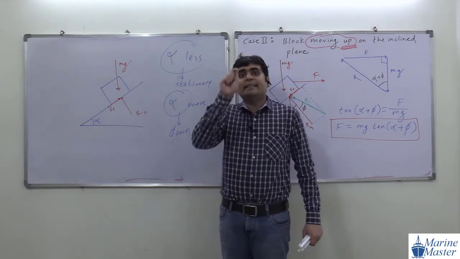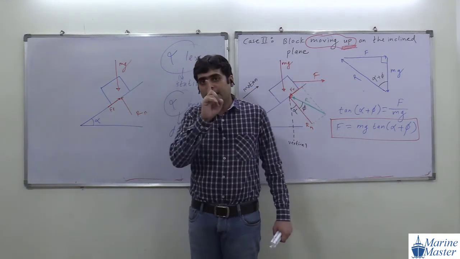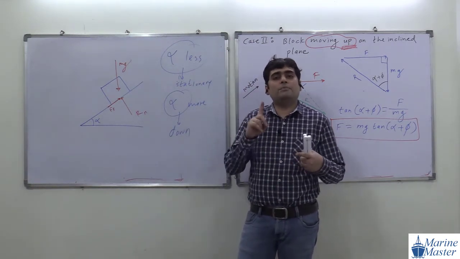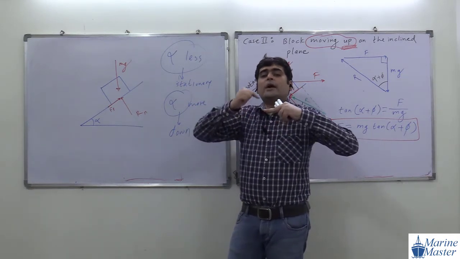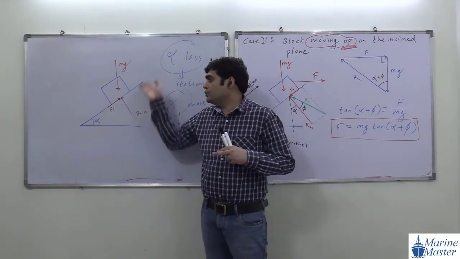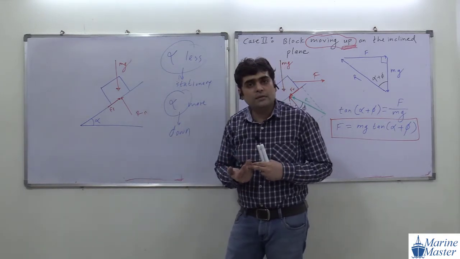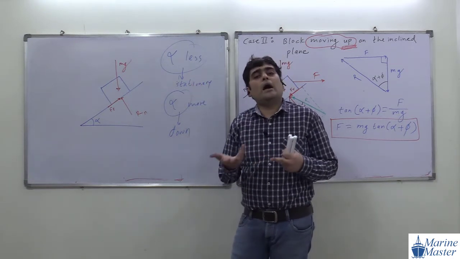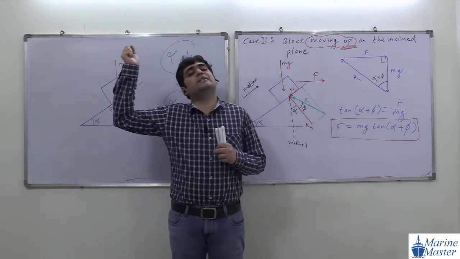Then that critical point or critical angle is what, guys? The angle of friction. Try to see the point here. What is the meaning of angle of friction? It is such an angle that if our alpha is greater than the angle of friction, then the object will go down due to its own weight. If alpha is less than the critical angle, what will happen? The object will not go down. If you want to move the object downward, we have to apply some external force.